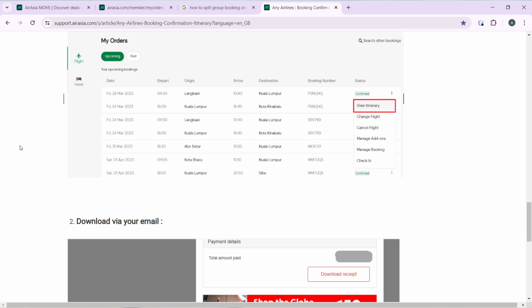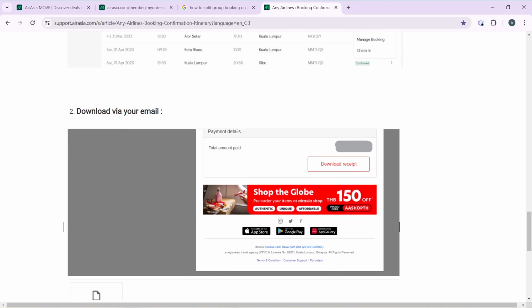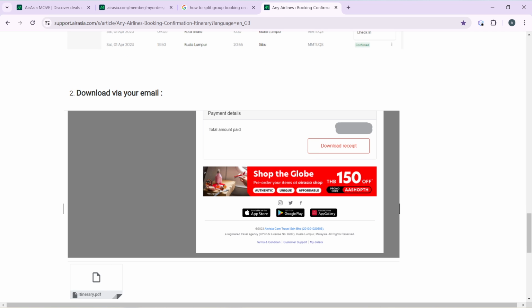So select your order, and right next to it, next to status, click on the three dots menu. You're going to see view itinerary. Now select view itinerary, and once you click on that, it's going to take you right into the itinerary page where you're going to see everything in your order, like your invoice. You're going to see your invoice, and right under the itinerary page, you're going to see this option that says